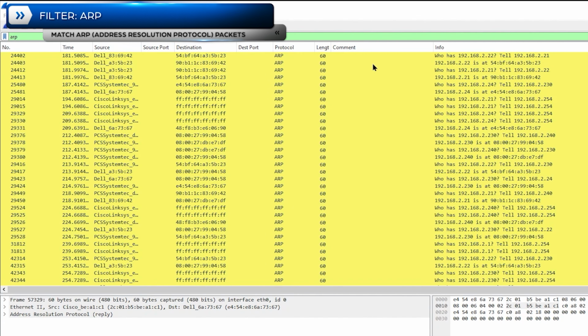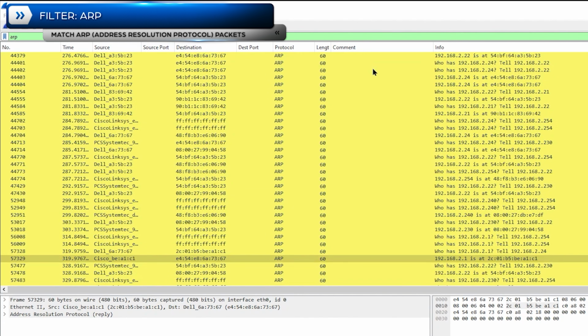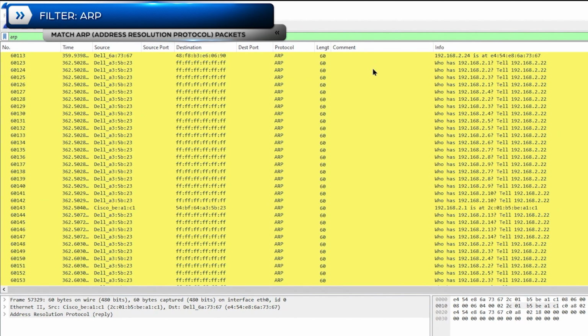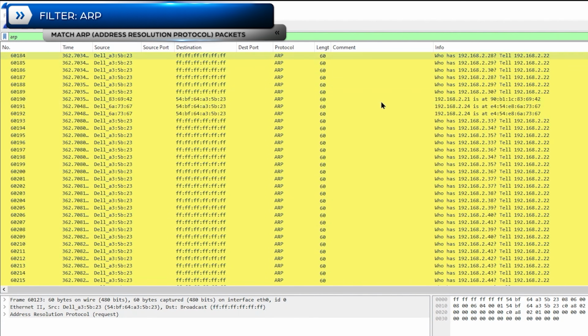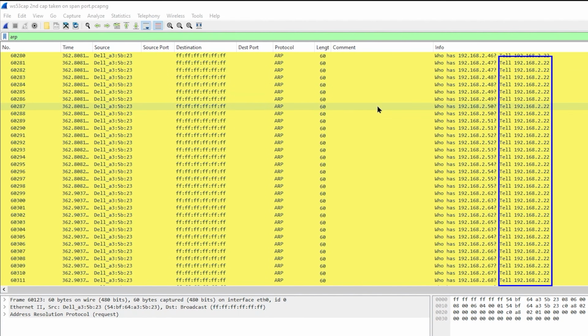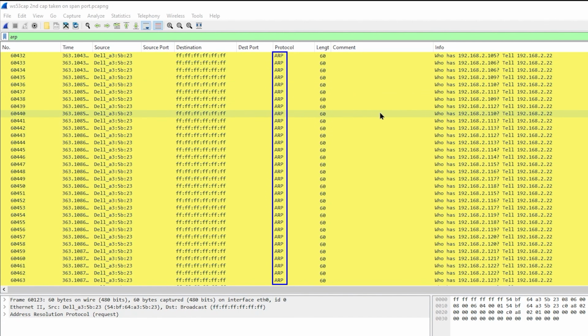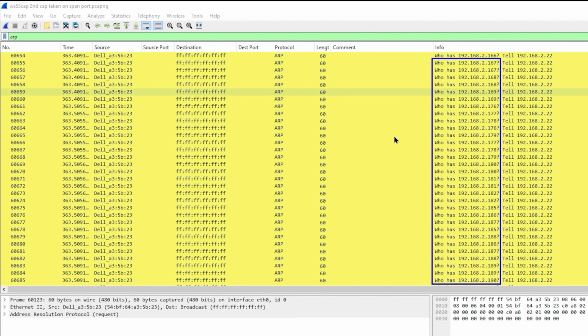So now let's look at ARPs, just to see if there's another port scan here somewhere. As I'm scrolling through, all the ARPs look pretty normal up to packet 60123. Then what we see is 192.168.2.22, which we know is our port scanner, sending out a lot of ARPs starting at .1 and then going all the way to .254 on the